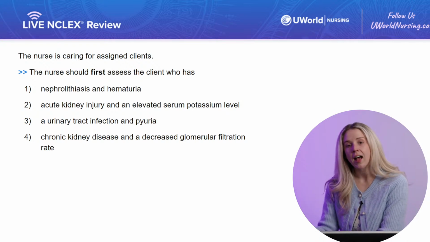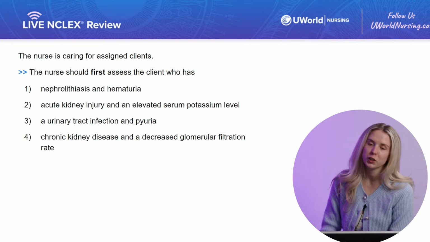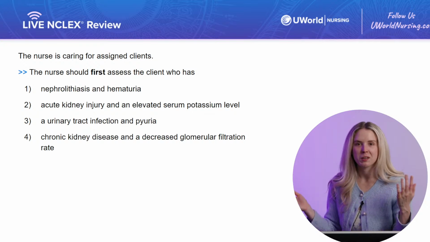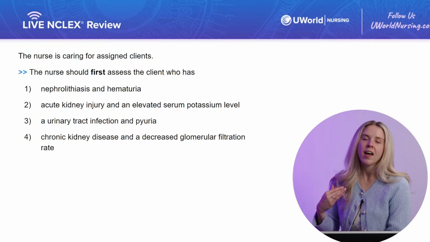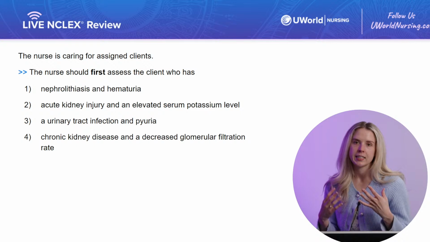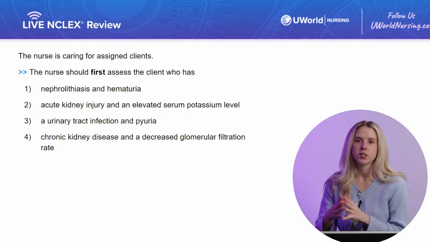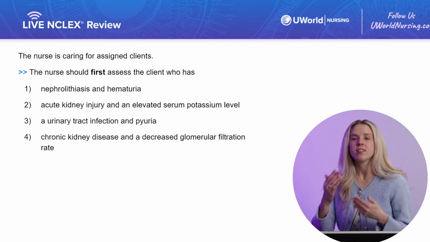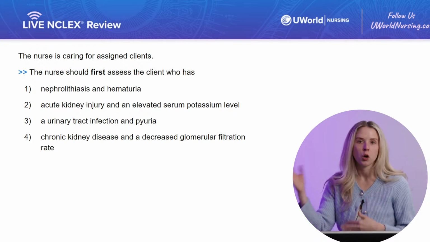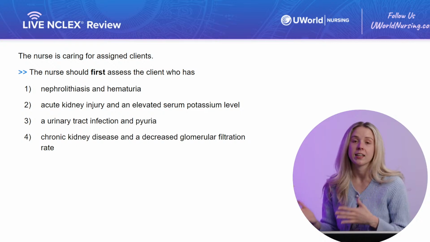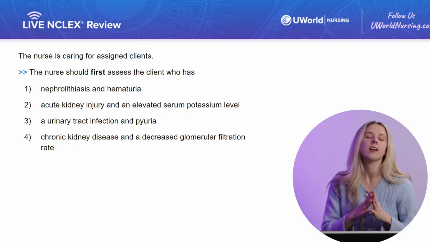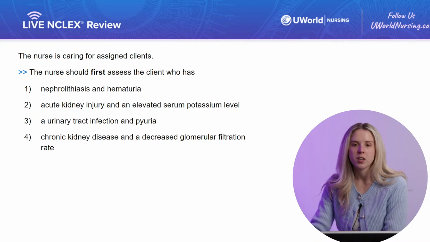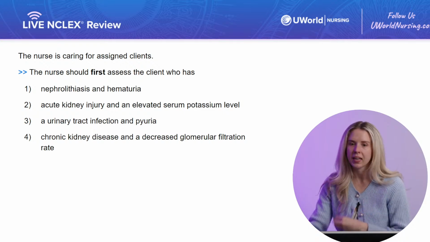priority. And lastly, option 4, CKD and a decreased glomerular filtration rate. I hope you all were very familiar with this because we have just spent today talking about it, but every single stage in chronic kidney disease, being stages 1 through stages 5, include a decrease in glomerular filtration rate. That decrease just gets worse and worse as we go through the stages. So again, this is an expected finding of a client in CKD. So again, our correct option was option number 2 because it indicates a complication.